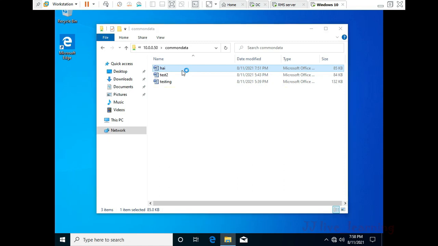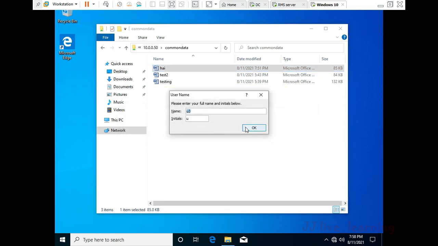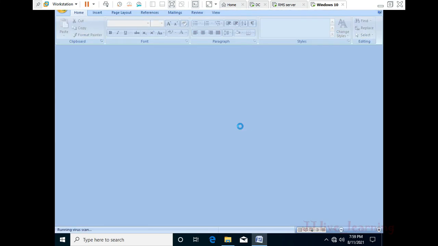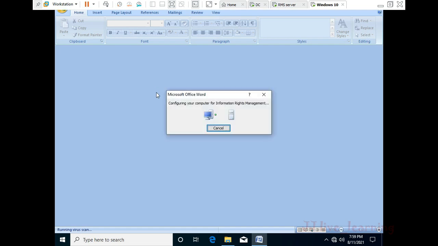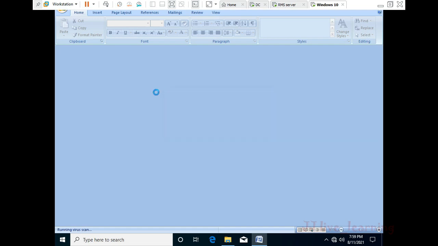Likewise, it asks for authentication. So we give the user ID and password after enabling the certificate. We have to give u3@sky.com. Once the password is given, it will check your rights management service whether the document is restricted for U3 or not.